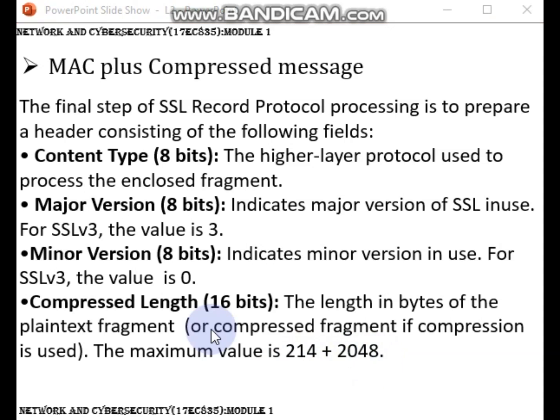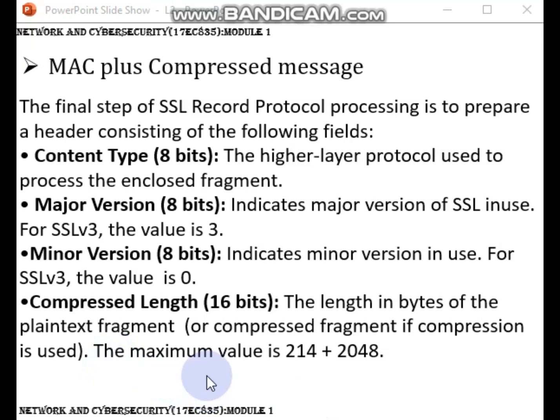The content types that have been defined are change_cipher_spec, alert, handshake, and application_data. The first three are the SSL specific protocols discussed earlier in the figure. Here ends the SSL record protocol operation.